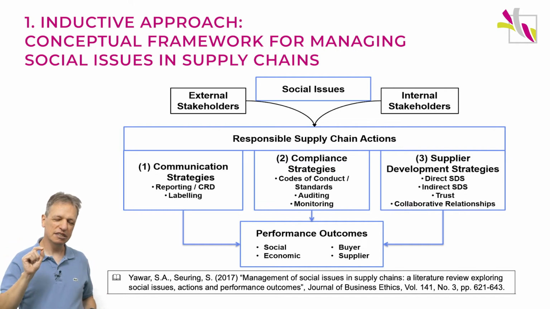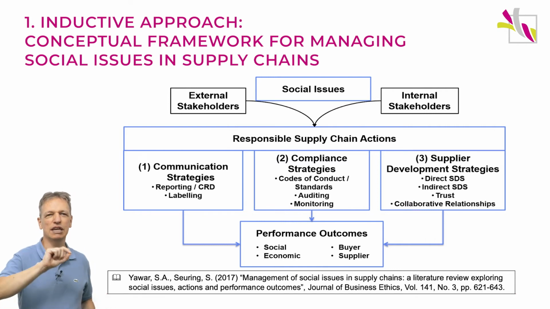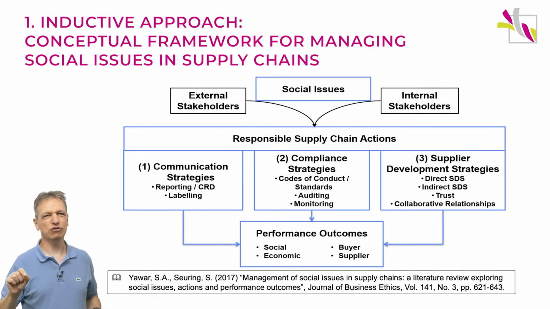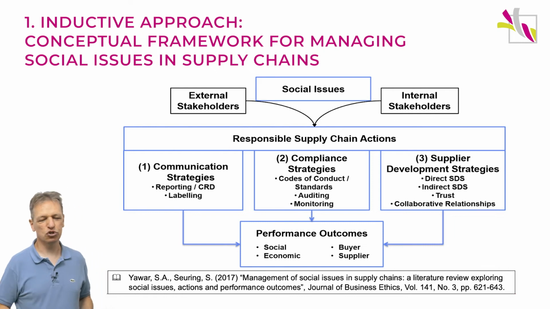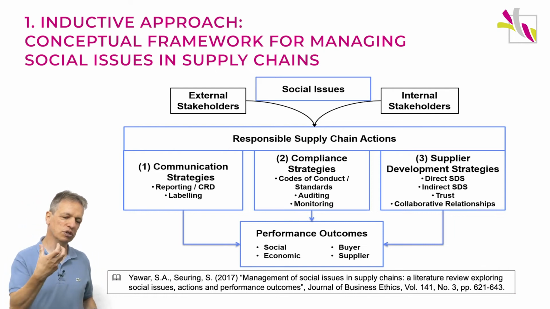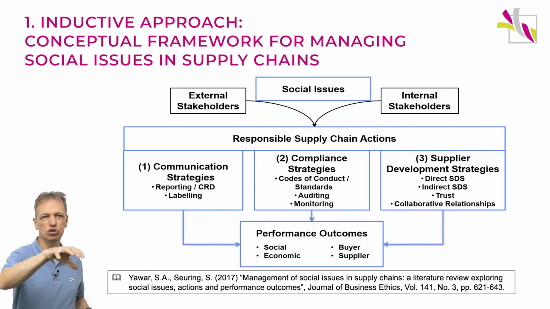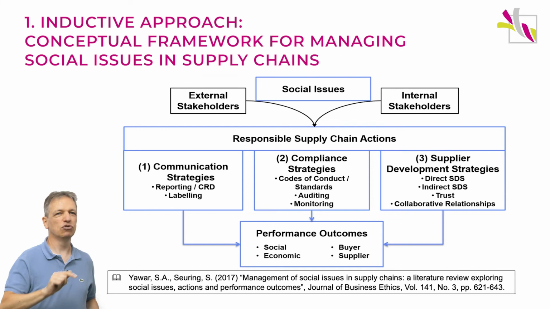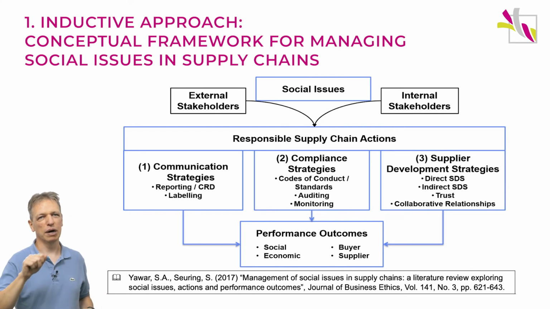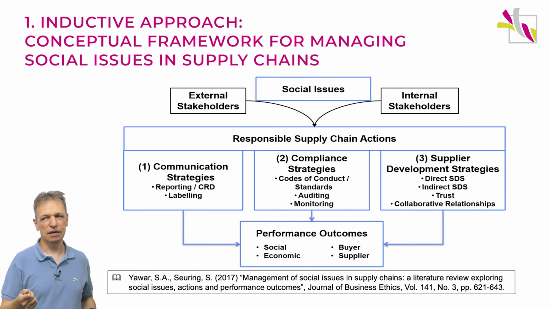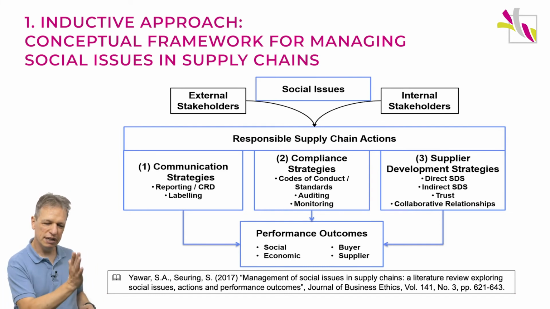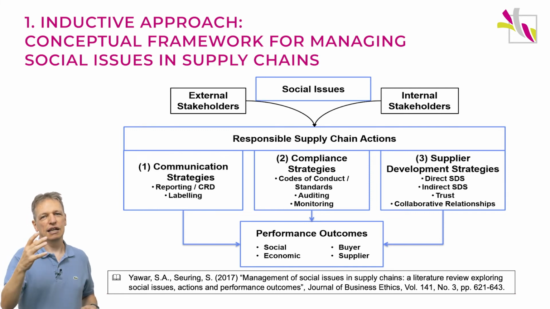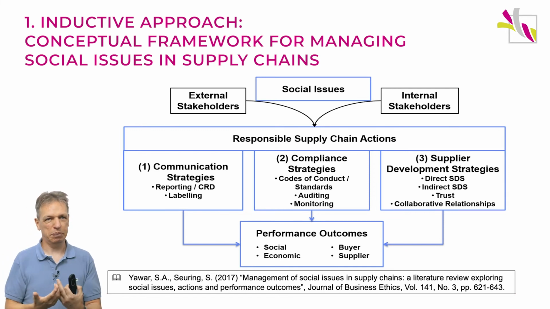But what is sometimes quite positive is if the companies actually do so, then they realize, actually we have to do something about compliance. So this is the next strategy. We then see that inside compliance, they set up what is called codes of conduct or certain standards. They do some auditing and monitoring of suppliers. So they turn to their supply chain and look at what's actually happening there and try to really get this right. And once they do so, then they realize, oh, there's something going on in our suppliers and we might actually work with our suppliers, so that is the next step. We simplify this here a bit, so we put it at the 1, 2, 3 level of approaches. In reality, of course, this will intermingle and overlap.